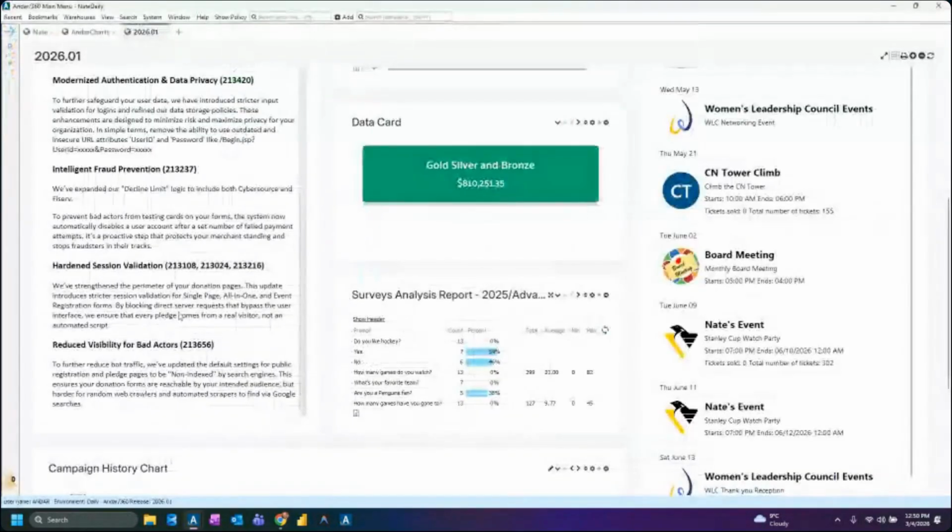Okay. These last two, there's nothing to show. It's within the coding itself, so there are no settings or anything like that. But this one, hardened session validation, really what this is, and hopefully I'm doing it justice, describing it in non-techie terms, is making sure that your single page reg and pledge, any of those pages that has a payment piece to it, the bot doesn't go directly to those payment pages to test credit card